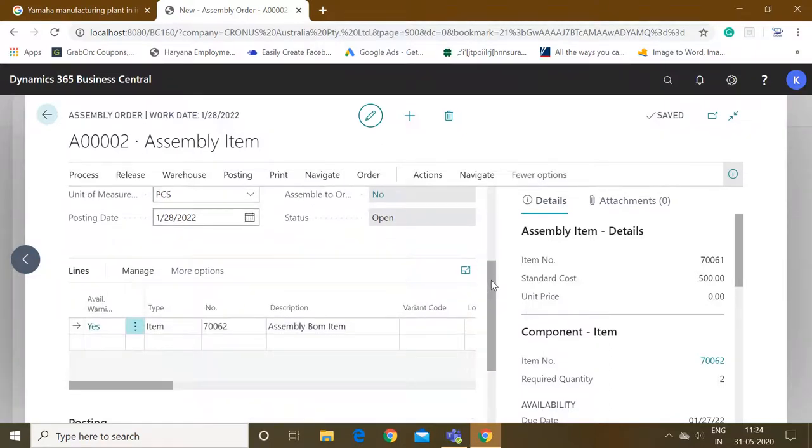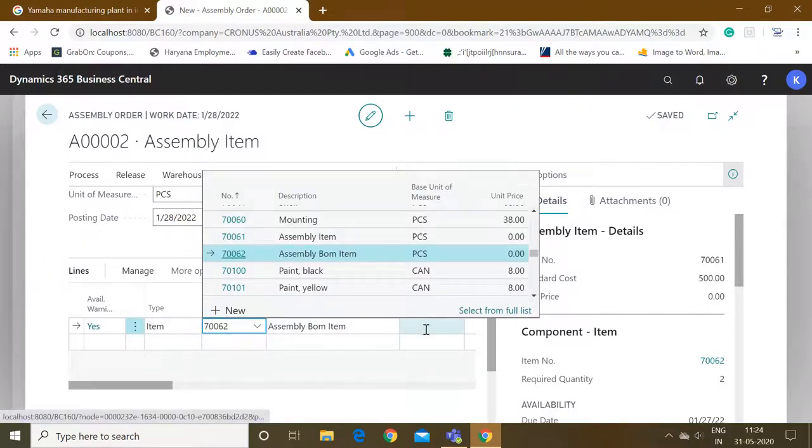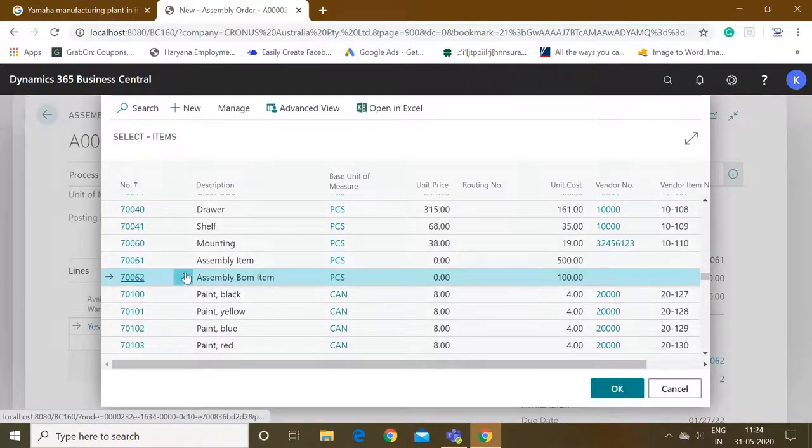Okay, but as we can see it is showing here assembly availability warning as yes, because we have zero inventory of 70062, right?